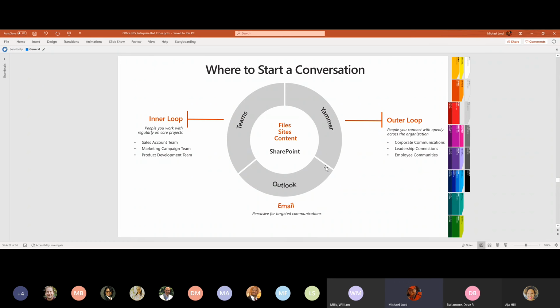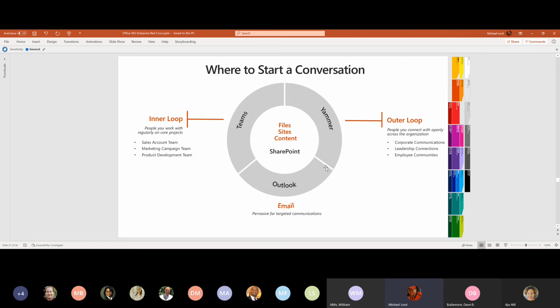Now, when we get into Outlook, what we're talking about is targeted communications that happen, generally speaking, over time. If you go to the Wayback Machine of the RFCs that were originally built around email, email was not meant to be a real-time communication tool. However, that's how we've come to use it today. Ultimately, as we see new folks come into the workplace, however, email really has been shown to be something that is a targeted communication where response is not immediately necessary. And the chat programs where we look at things like Teams, where we look at the integration of file sharing and things like that, have really taken over for that capability. So we have all three of those pillars.